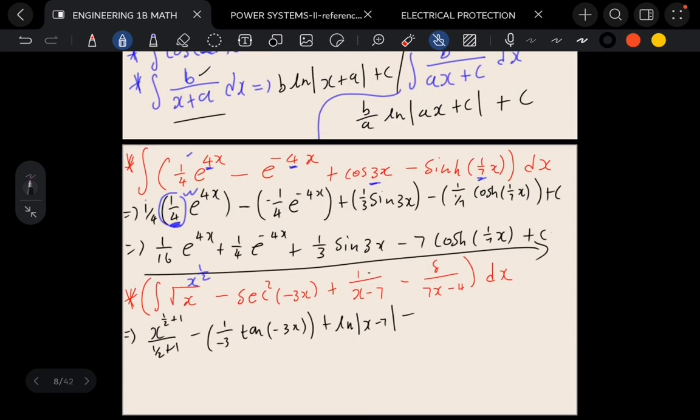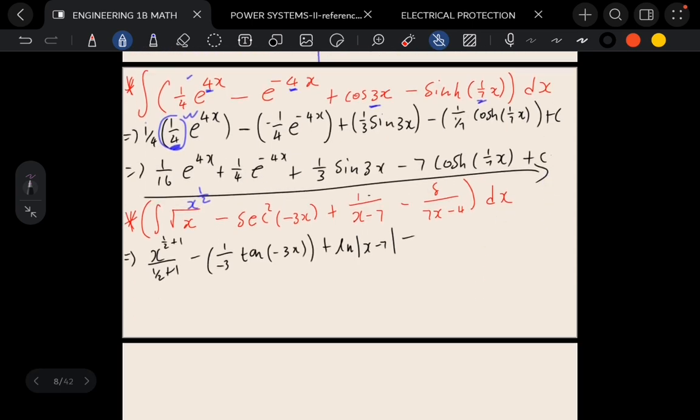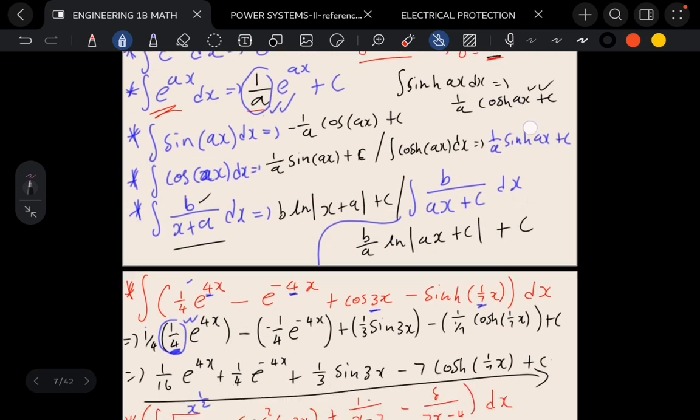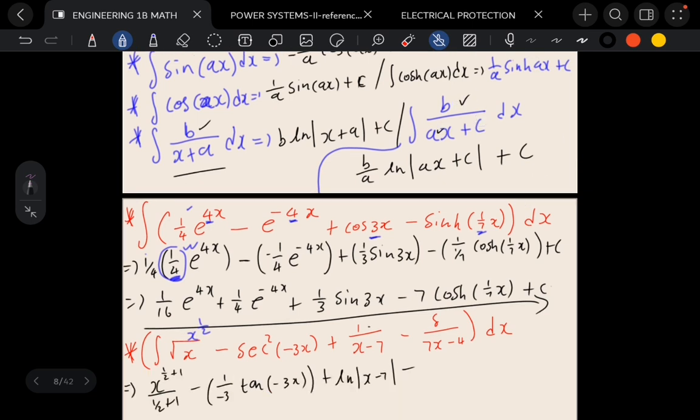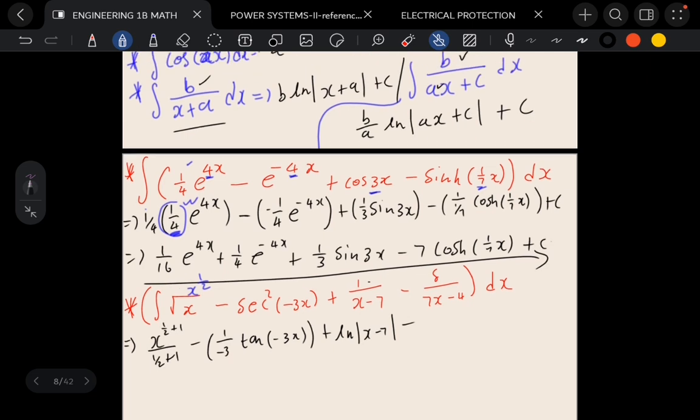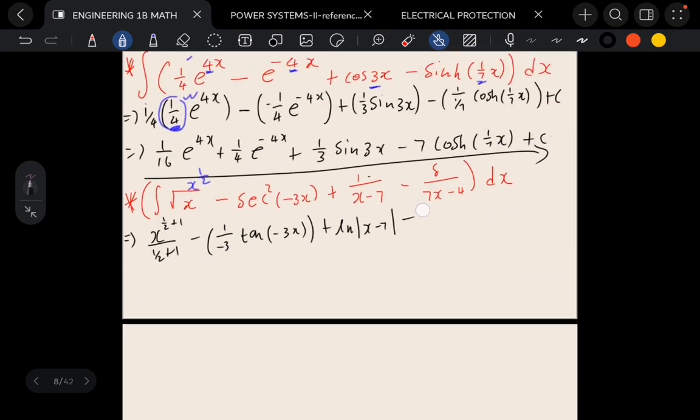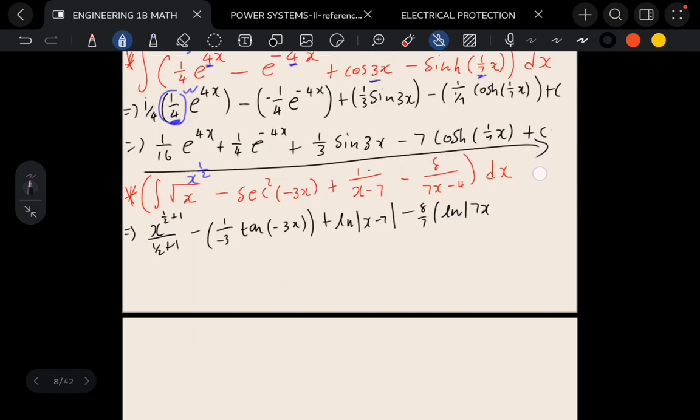Minus, how do we integrate negative 8 over 7x minus 4? Now, when we have b and a, we need to say it's negative 8 over 7 in bracket ln 7x minus 4